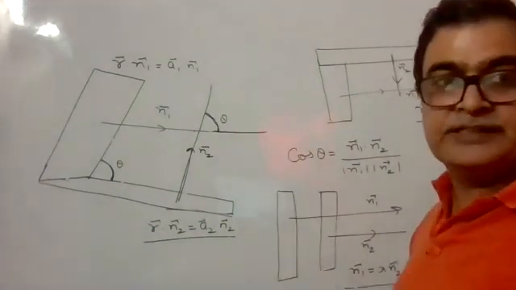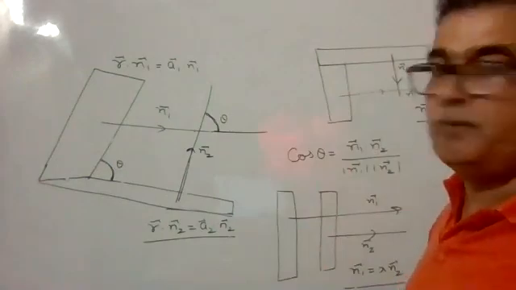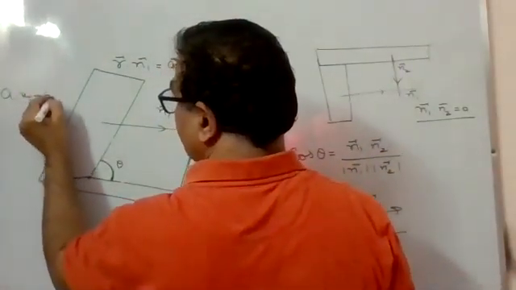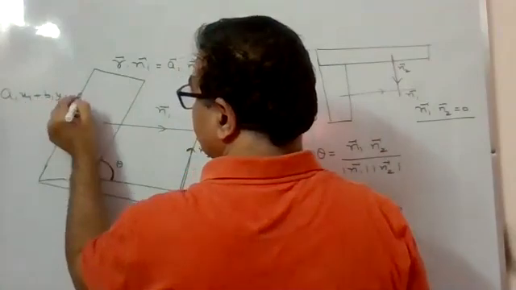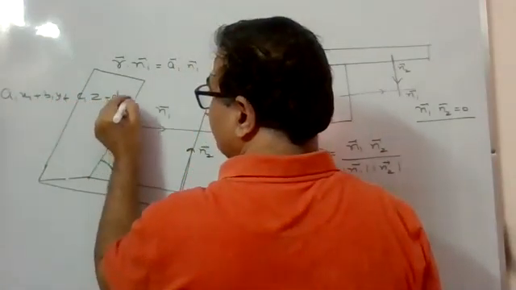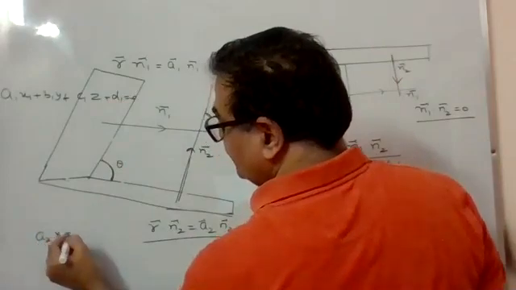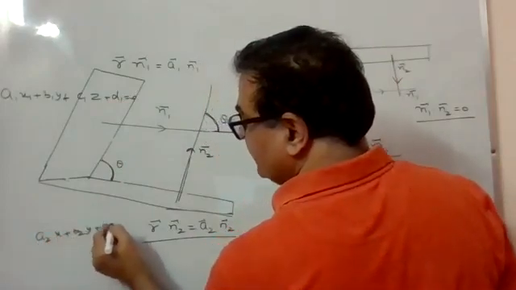By the way, if this equation is given in Cartesian form, that means a1x plus b1y plus c1z plus d1 is 0, this is the Cartesian equation of the plane. The second one is a2x plus b2y plus c2z plus